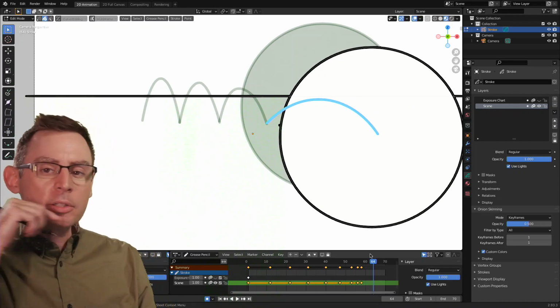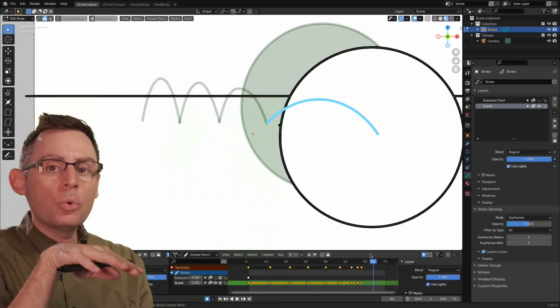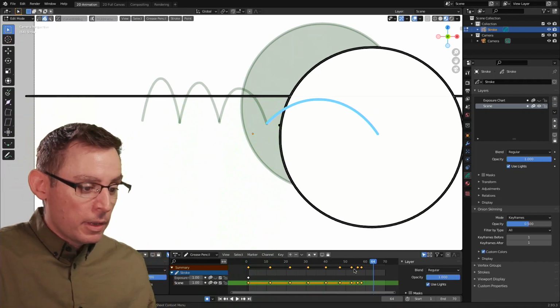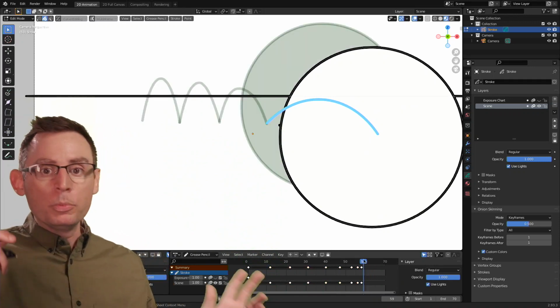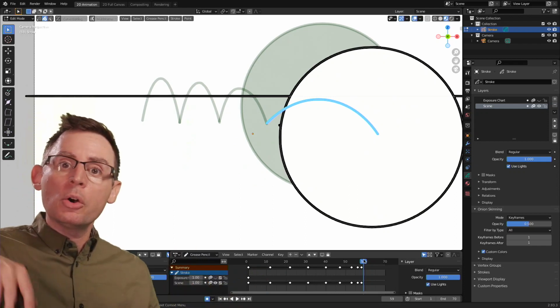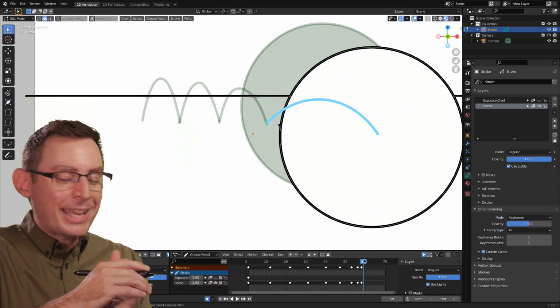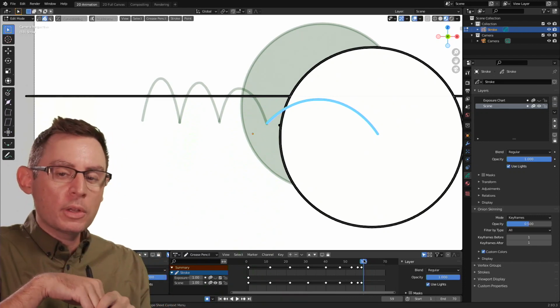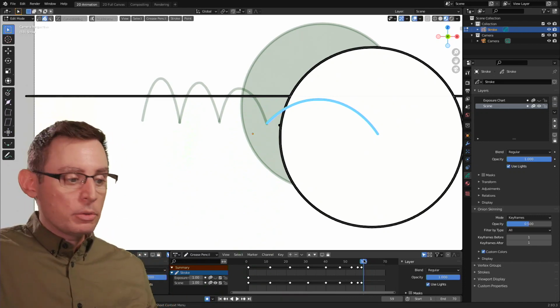And then we ask ourselves, is it working? Is this cool? Is it achieving the illusion that I'm trying to achieve here? If the answer to that question is yes, boom, you're done. Move on to the next stage. If it's no, start dissecting your animation and figuring out what small changes to the location of the keyframes we can make to produce the illusion that we're after.